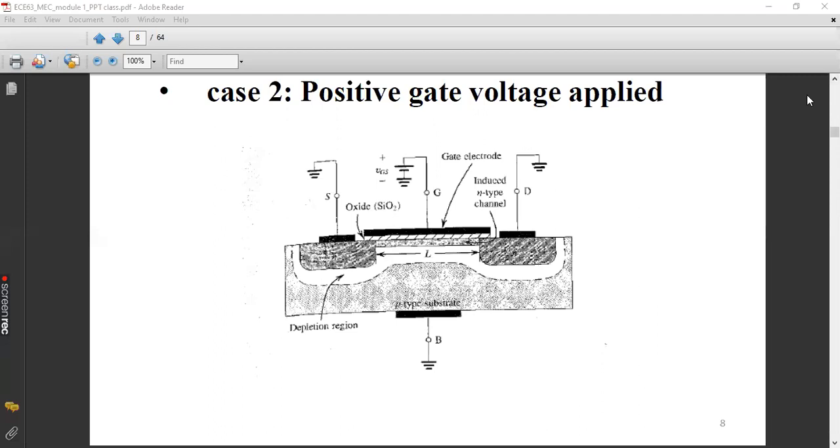Whenever I am asking some questions, you have to respond and you can speak. Anusha 89. Anusha, unmute and speak. Is that clear or what?